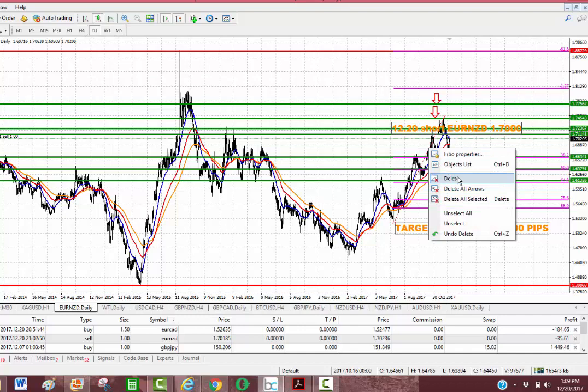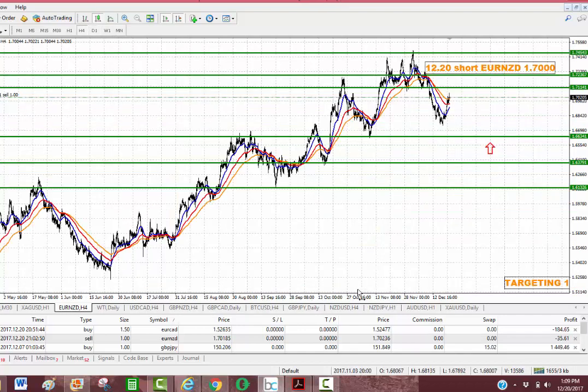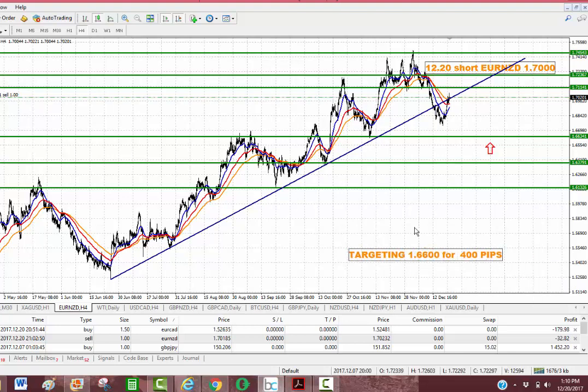So how do we trade this? Very simple. You do the same thing over and over again, guys. You want to draw your upward trend lines. If you know how to draw them, this would be your upward trend line that essentially just got broken. A very simple strategy, I've talked and talked about this. You wait for a break, a solid break. We have not broken the last support, but